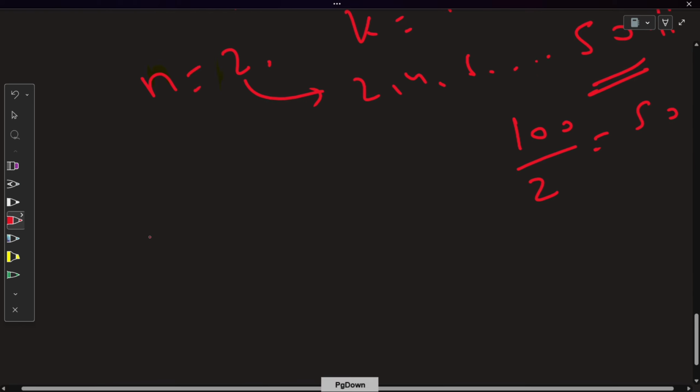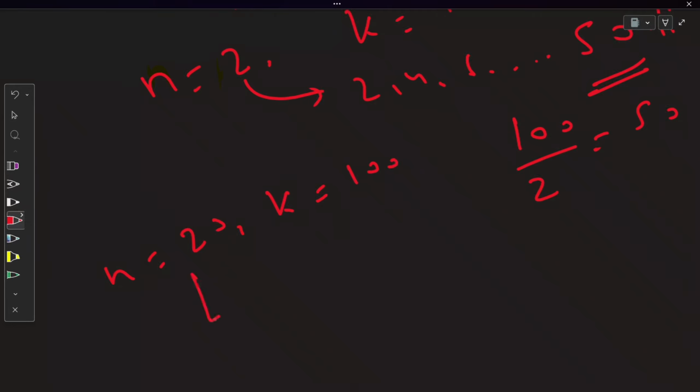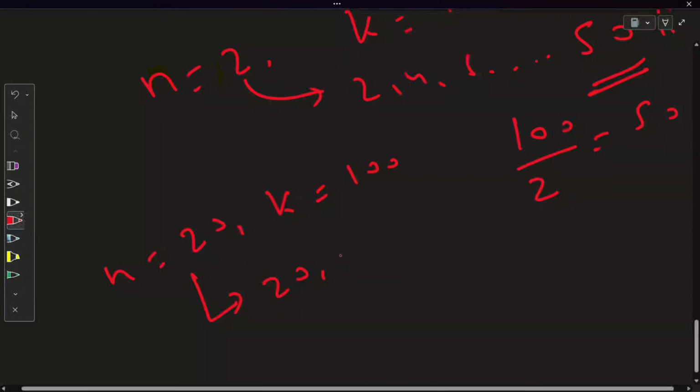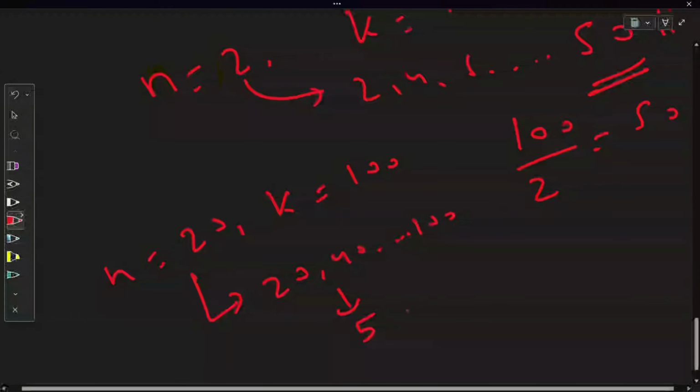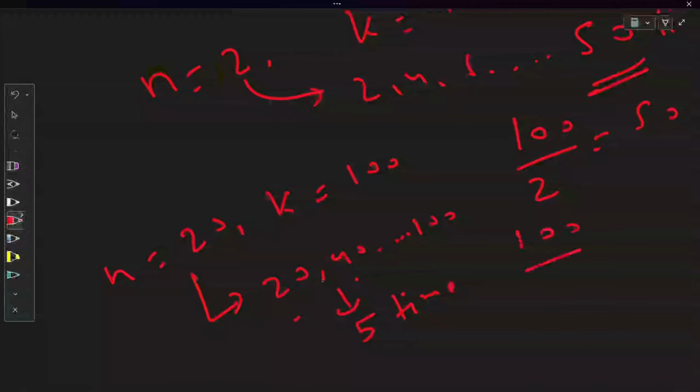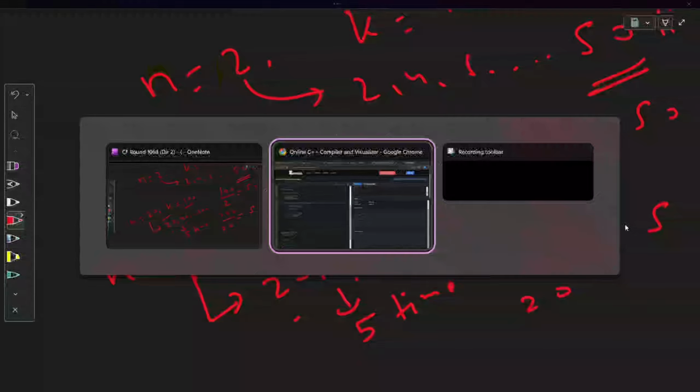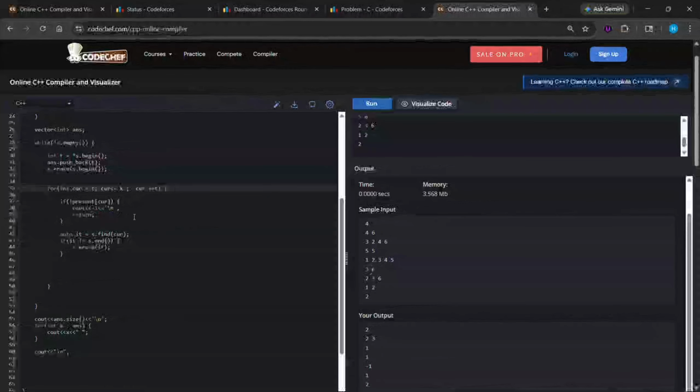Similarly, if n is equal to 20 and k is equal to 100, in this case 20, 40, 60, 80, 100, this will be a total of 5 times, which will be 100 divided by 20, which is 5. So in this case it will be k by t, which will be processed for each element,